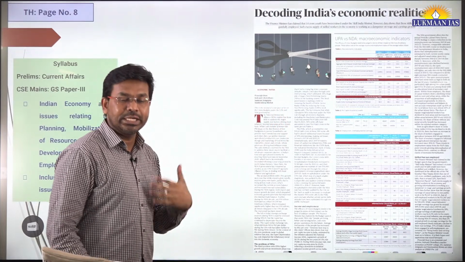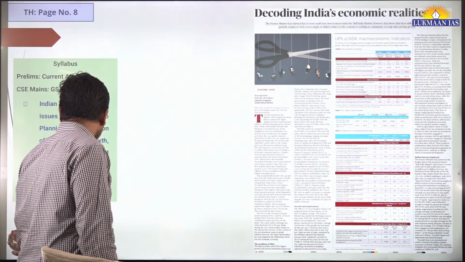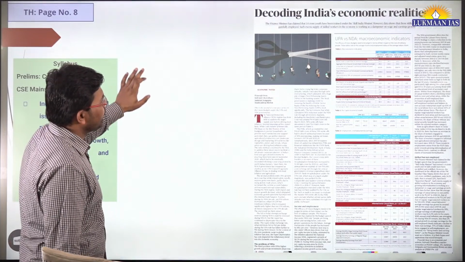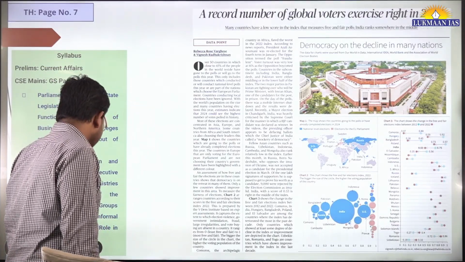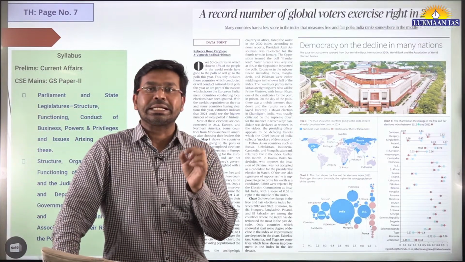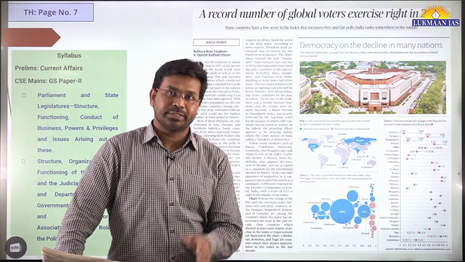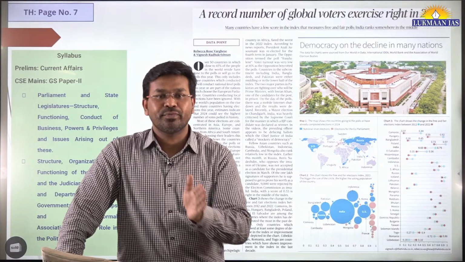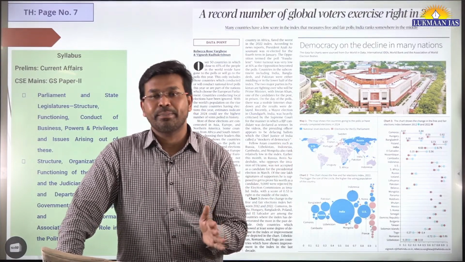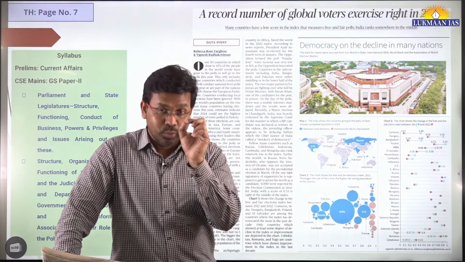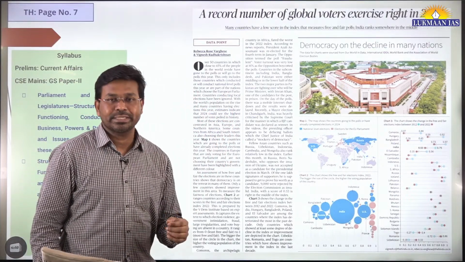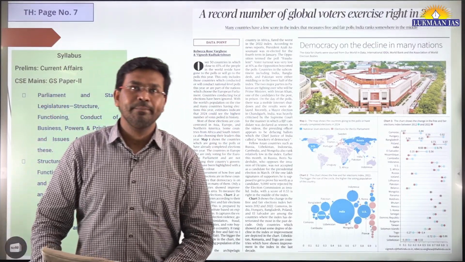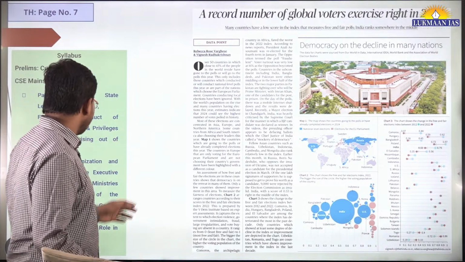So we just need to know about this information, right? Maybe it can help you, because in the prelims exam they ask economy related questions that are trend based. Trend based means how the GDP has performed, how the income growth has happened over the years. To understand that, this kind of analysis that we discussed in the previous article is important. Okay, so with this, now let us look into another article.